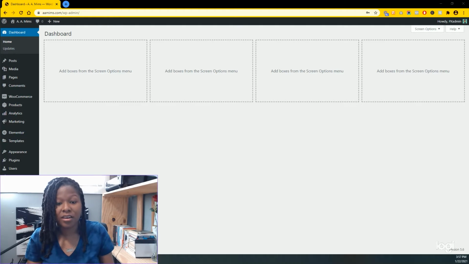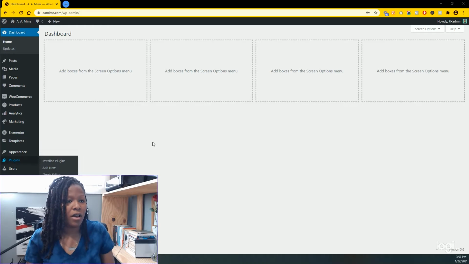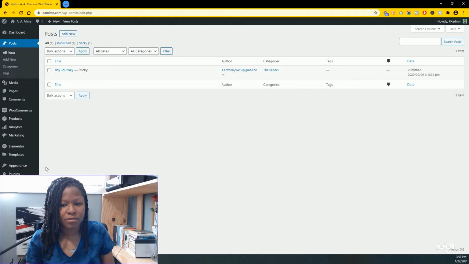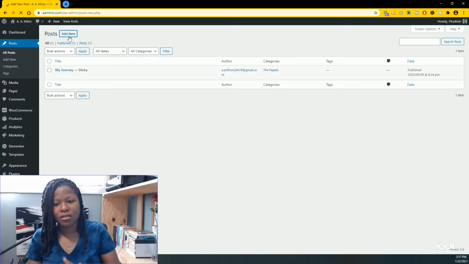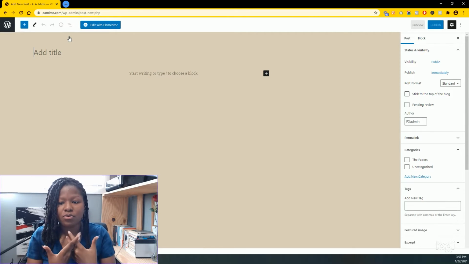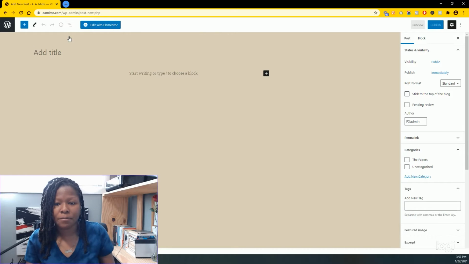The next thing we want to do is we want to create a blog post, right? So this is going to be how you create a blog post in WordPress. From the sidebar, you want to make sure you go to post and click on that. And you will need to click add new, because we're going to add a new blog post. And this takes you to a page where you can create new blog posts or articles. Okay, so